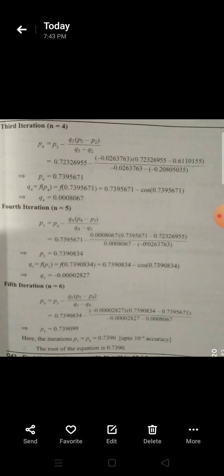After simplifying, we get the value P6 is equal to